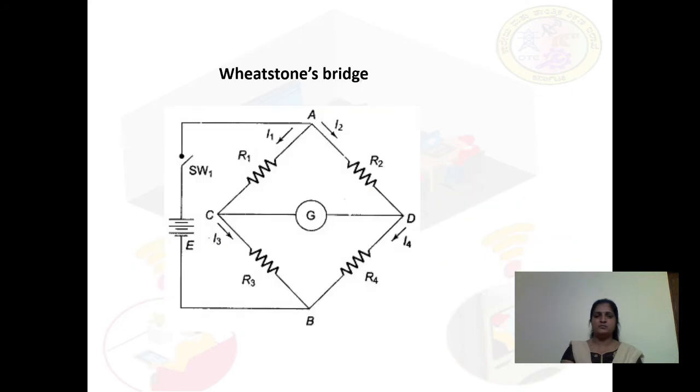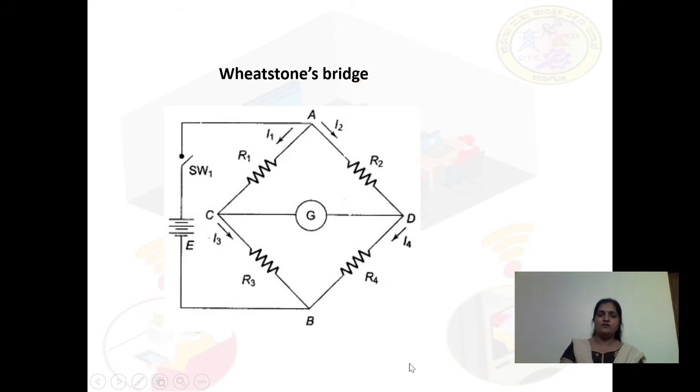In this DC bridge, we have the Wheatstone bridge. The slide shows the figure of a Wheatstone bridge. This bridge is a closed loop network with 4 purely resistive arms, and this Wheatstone bridge is for the measurement of resistance. R1, R2, R3, R4 are the four arms which are connected, and here R1 and R2 are connected to junction A, and R3 and R4 are connected to the opposite junction B.